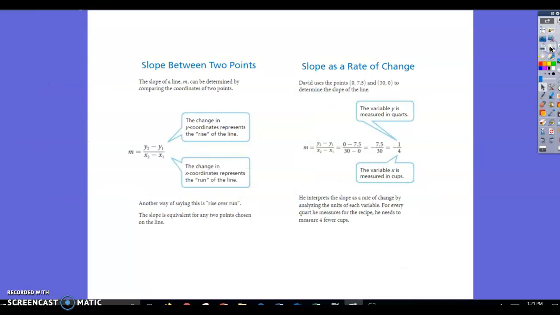All right, the last thing I want to go over, make sure you review slope between two lines and slope of a rate of change. These are important and they